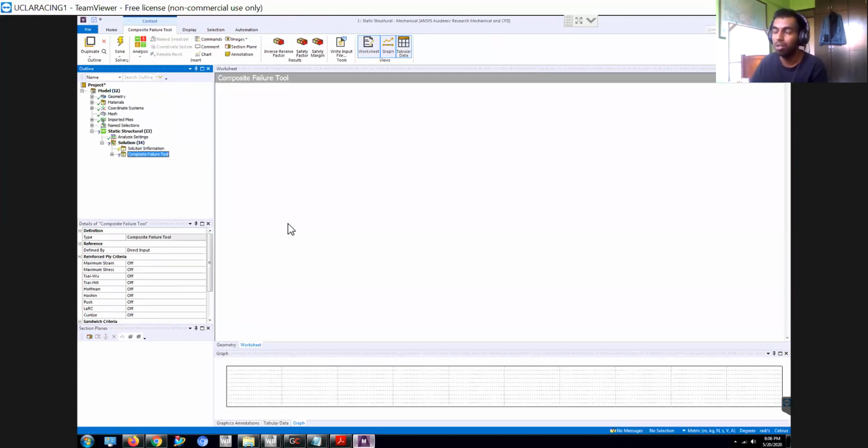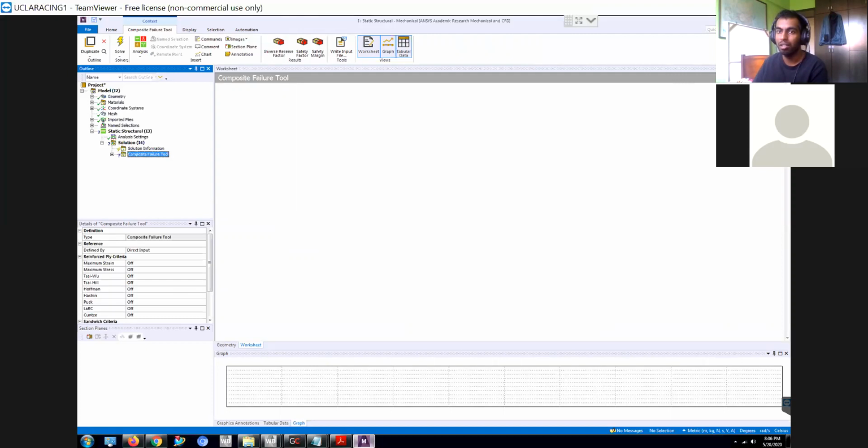Under composite failure, there are different ways that you can analyze failure within composites. There are three main schools of composite failure. First is maximum strain. That means for a given ply, there is a certain amount of deformation before the ply will fail. Then there's maximum stress, which means there's a certain amount of stress that the ply can see before it fails. And then Puck, which is a combination of both, and honestly, in my opinion, is the best